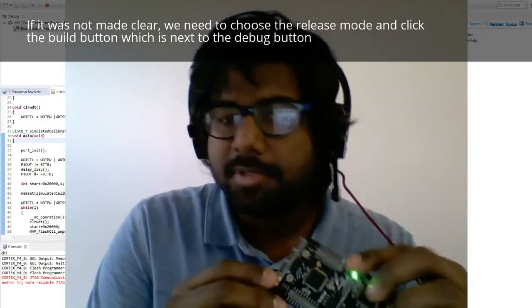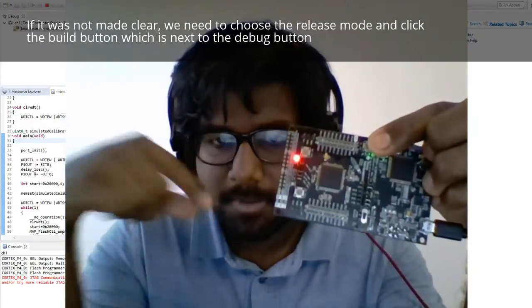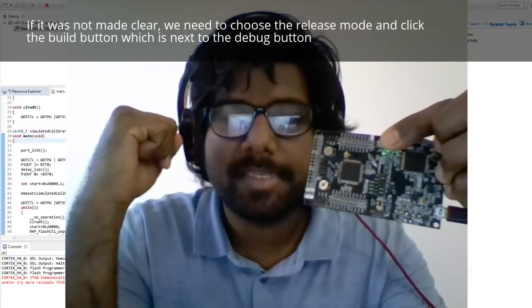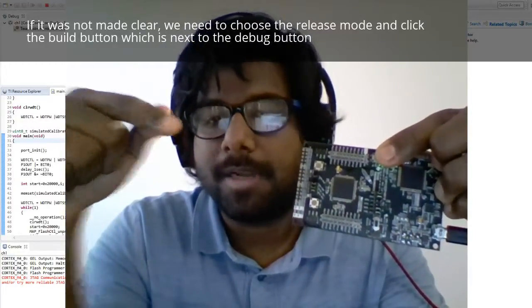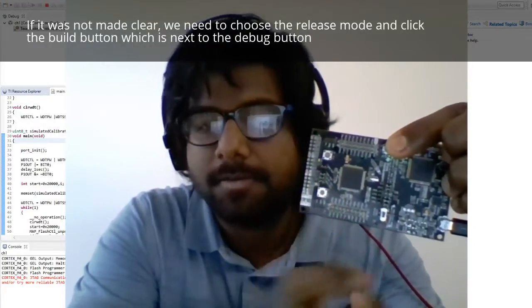I have built my project, and now if I press the reset button, the red LED turns on to indicate that the program has started from the beginning. Now after 1 minute, we can see the green LED light on.